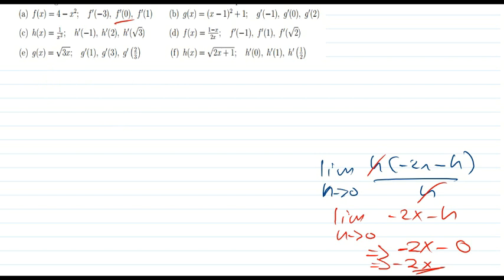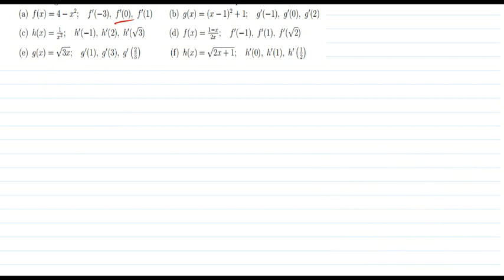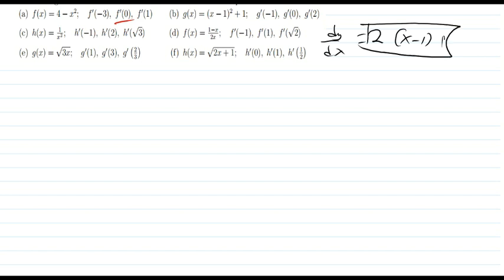Let's see. Now, using the normal way of differentiating part B, I can use the chain rule. So to find dy over dx, I drop the power, which is going to be 2 times this one, which is constant, times the derivative of what is inside. The derivative of what is inside is just 1. It's 1 minus 0, so it's going to be just 1. Now the derivative of 1 there is just 1. So we need to arrive there. That will be the answer. Okay? So now, the issue here, using the first principle,